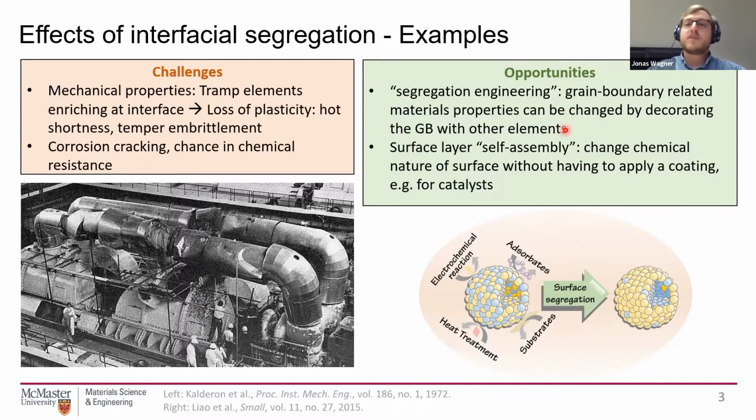If you imagine you have a chemical reaction, you want to speed it up with, let's say, a platinum surface, then of course you can build the catalyst out of pure platinum, which would be very expensive. You could also apply a platinum coating, but that might not always work, right? If you imagine you have a very porous open structure with a high surface area, that might not work. So the most, I would say, elegant way to get this is to have a matrix,